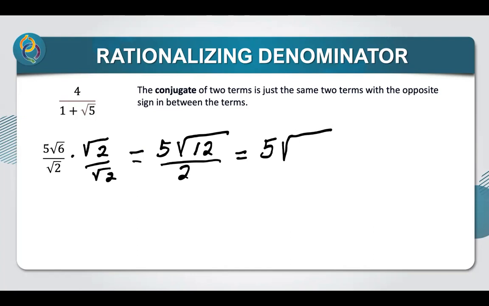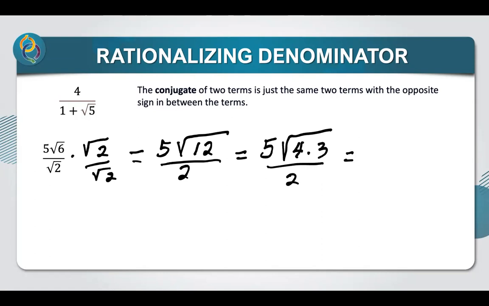Is it finding a perfect square? Yes, factor a perfect square from 12. And that is 4, correct? Times 3. Yes, good. Over 2. And therefore, this will be